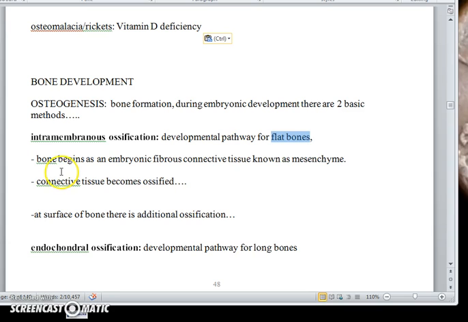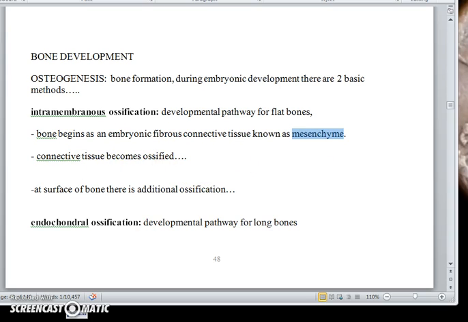So when you're first developing these flat bones, the first thing you develop is this stuff called mesenchyme. It showed up in your homework. It's like an embryonic fibrous connective tissue. And then that becomes ossified, turned into bone. Basically, here's what you want to write here. Connective tissue becomes ossified,